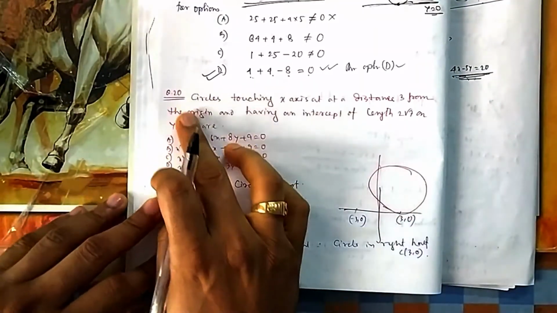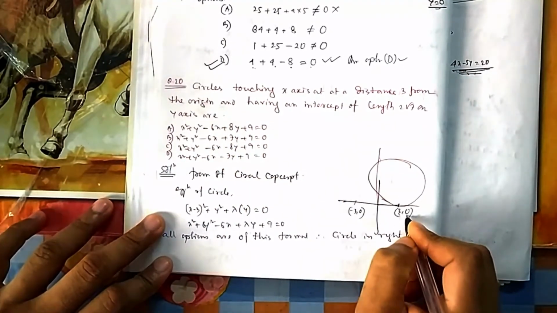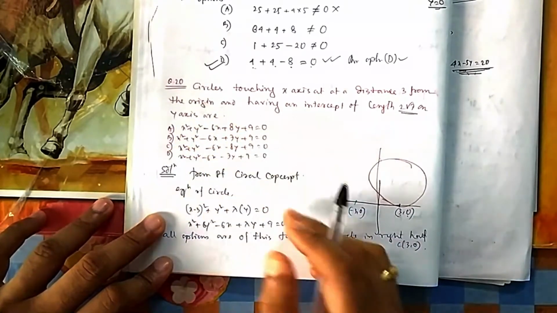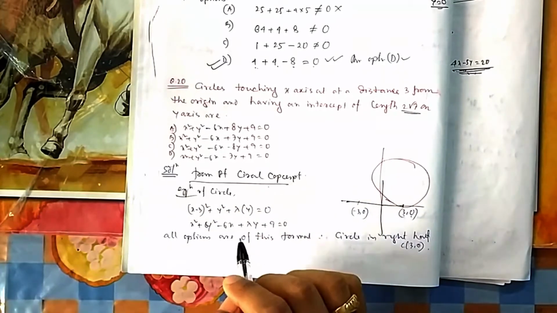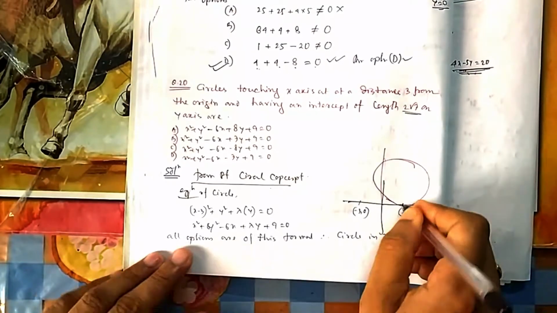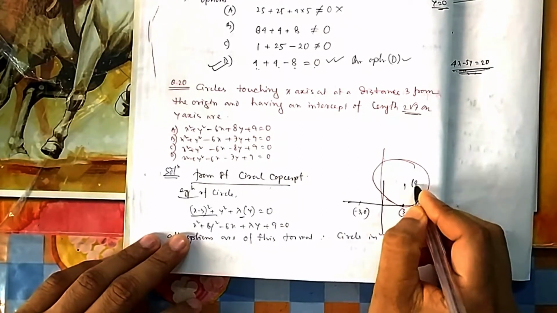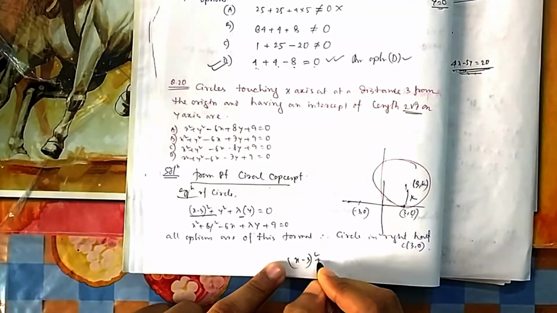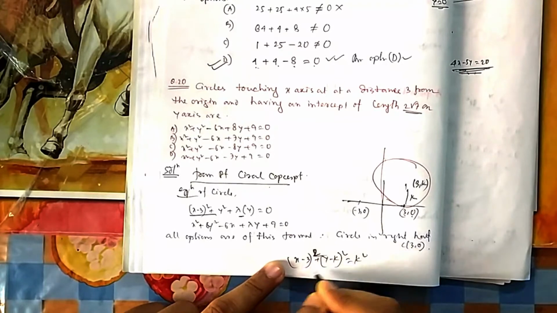Now if you see question number 20, a circle touching the x-axis at a distance of 3 units from the origin. So it is again (3, 0), the same type of question, having an intercept of length 2 root 7 on the y-axis. Again here I have used the concept of the point circle because I found it very interesting. That's why whenever I get scope, I use this one. So again this point, plus lambda into this equation. Or what you can do, because you know this one is (3, k) and the radius is k, you can use x minus 3 whole square plus y minus k whole square equal to k square. Because it touches the x-axis, it becomes very standard for us.